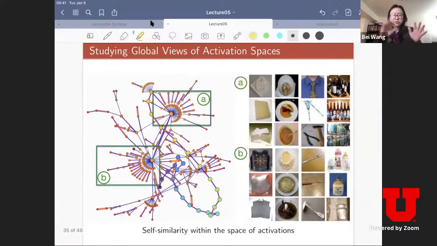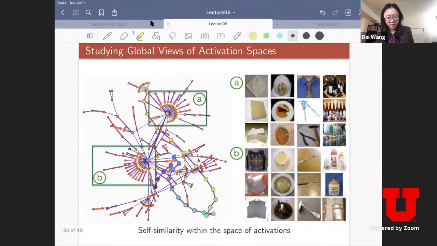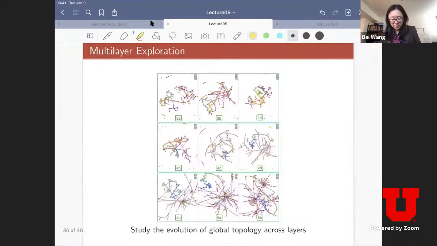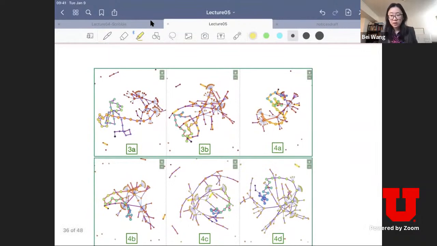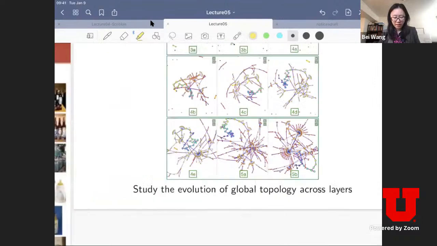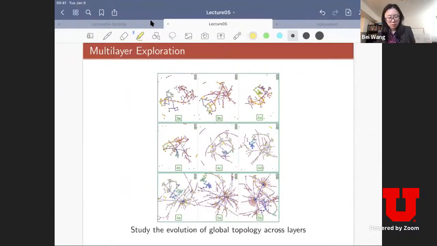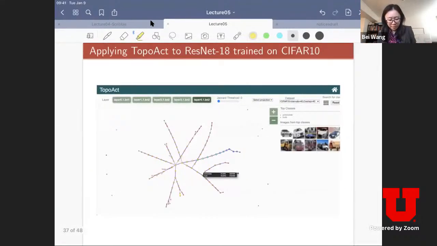So you can also study self-similarities in areas which I'm not going to go into detail. You can look at global activations, but you can also do this over different layers, right? So those are the summaries, of course, at a fixed parameter across different layers, okay? There are 9 layers of Inception V1. And you can do the same thing with CIFAR10, right? CIFAR10 is trained on ResNet. So for ResNet, we only probe five